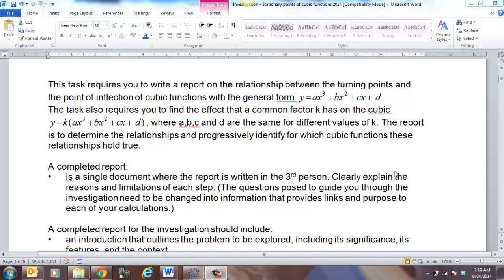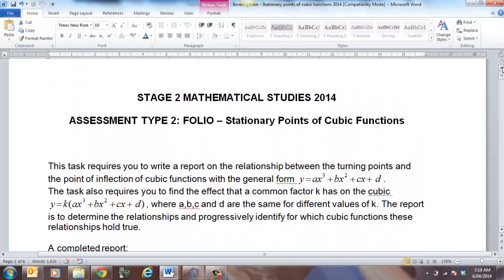I just want to talk about your investigation this year. So I want to go through that and give you a bit of an idea about what we're looking to see you do. Remembering the investigation is your work, and so it's got to reflect your understanding of what's going on. So the task that we're doing here is looking at the turning points or the inflection points of cubic